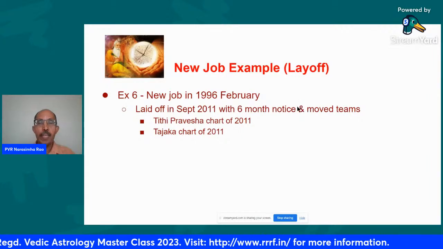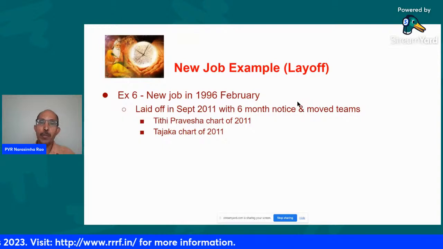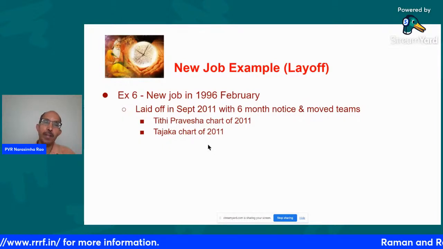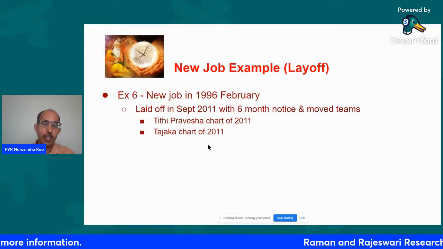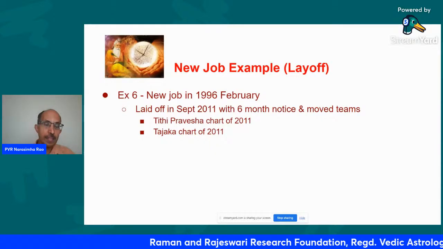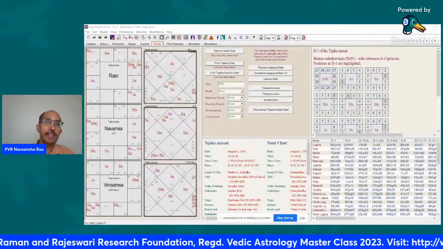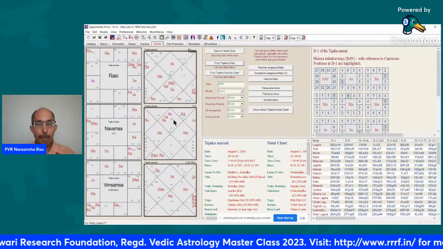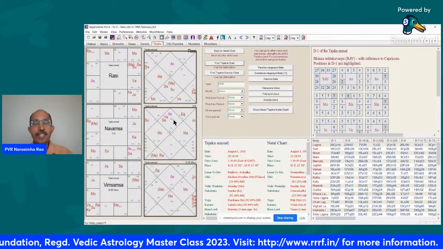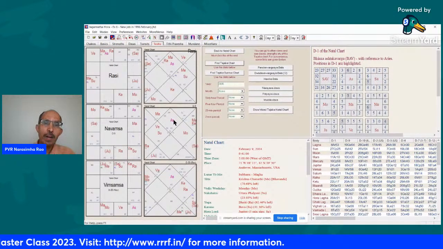And within those 6 months, within a couple of months, he found another opportunity and he moved team during the year. So there was a death-like blow to the career during that year. So this is example 6. So let us look at example 6. So the person started work in 1996 February at the company, and after